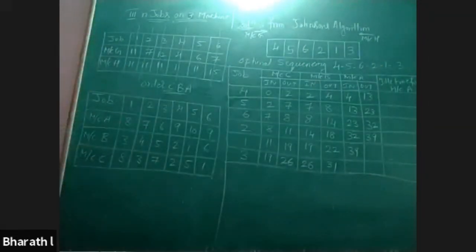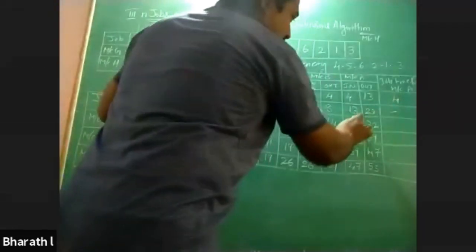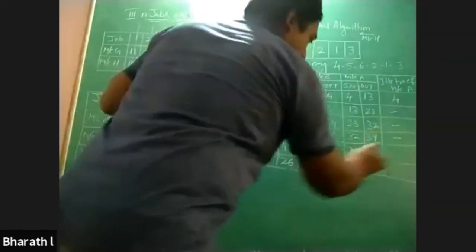Here you would write 39. 39 plus 8 will get 47. 47 plus 6 will get 53. Here you would write 53. Then next, we need to write the idle time for the last machine, that is machine A. Machine A has to wait for 4 minutes to get the job to process. And then here you have to write 4. The rest of the idle column is 13, 0, 23, 23, 32, 32, 39, 39, 47, 47, and the last is blank.